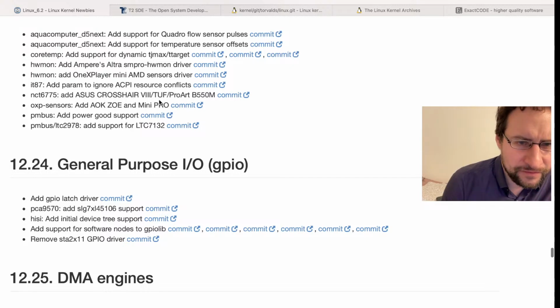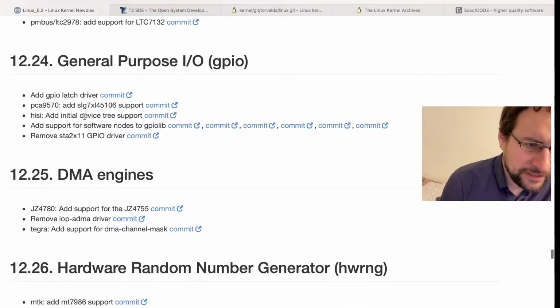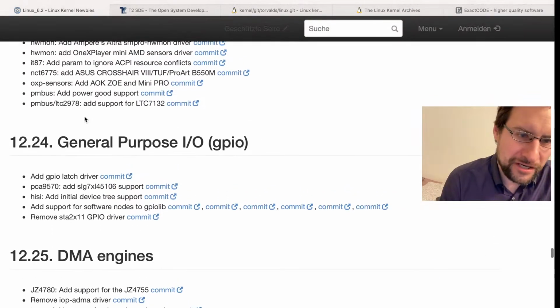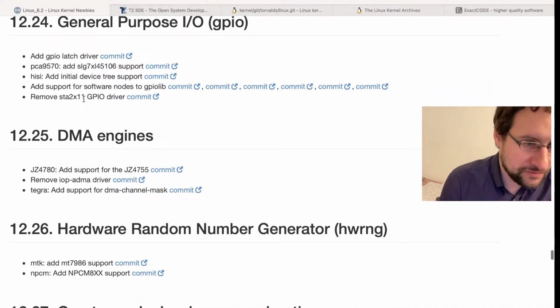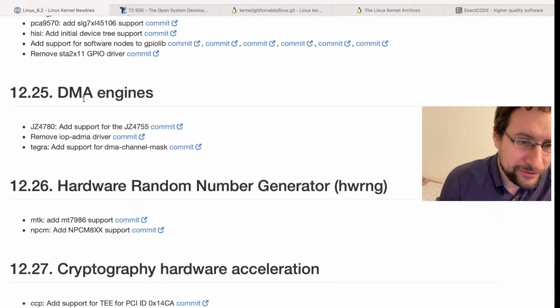NCT6775, Asus Crosshair, ProArt and whatnot, B550 for this temperature sensor stuff. And again, I wish there would be more industry standard. It is silly that we still mess around with this direct, differently not documented temperature sensors. Finally,